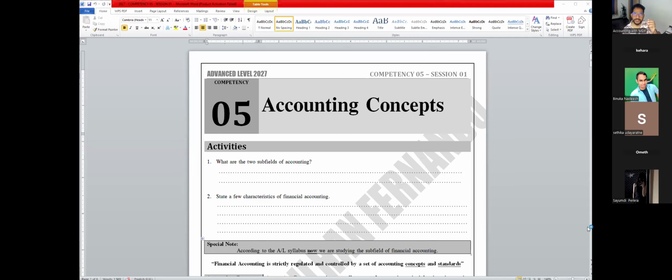I think everybody knows that we have a lesson called public limited companies. There, in marking the paper, we check whether the student has written the title of the statement without using abbreviations. It means you can't write the statement of P and L. That has to be statement of profit or loss. And what is the reason they gave us? That title is written according to a standard.